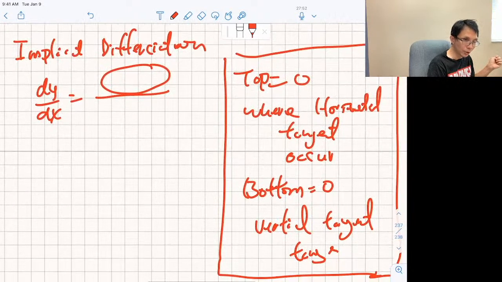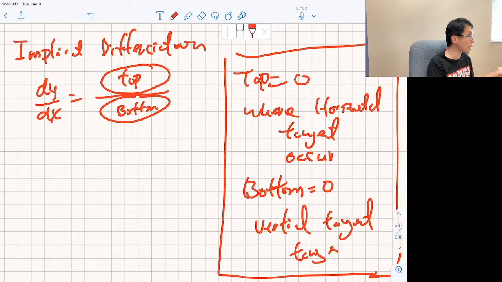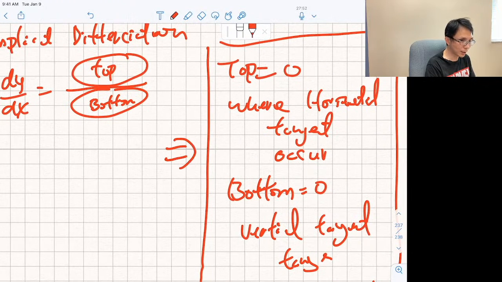Quite so. Okay. So you look at this, this is top, this is bottom, right? Well, if the top equals 0, that means dy/dx equals 0. That means horizontal tangent. If the bottom equals 0, dy/dx is undefined. If it's undefined, that means a vertical tangent. And this is going to help you with some homework questions, and then you are pretty much done with